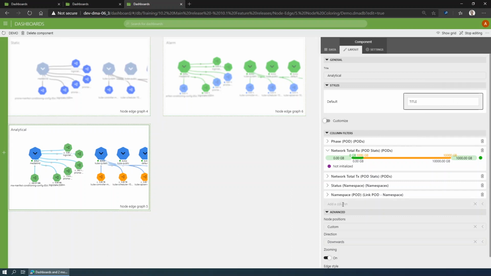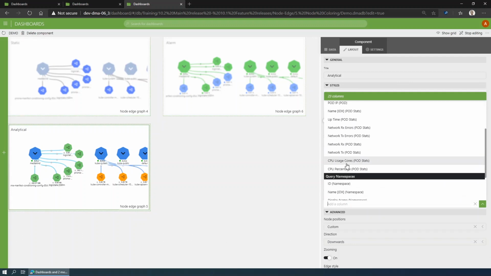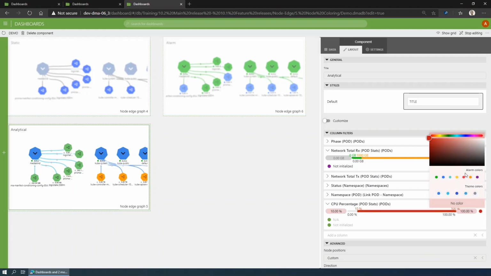Maybe we can add an extra column here to see how that goes. Let's take, for example, CPU percentage and specify a range over here. If I select it, I can specify more detailed values. Let's take from 10 to 100%, like this. If we select it, we can pick a color, take